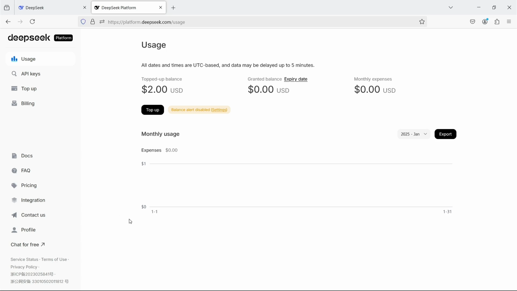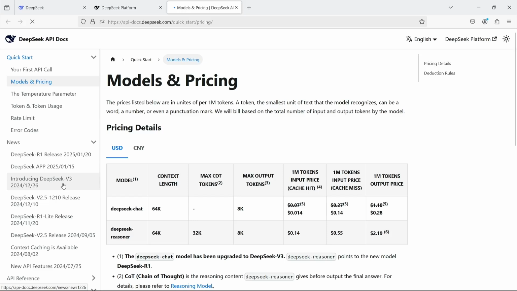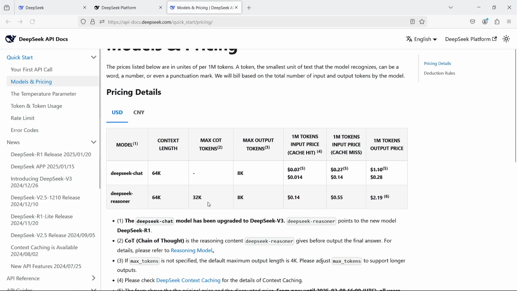It may seem that $2 is very little when we look at the prices of reasoning models. But DeepSeek is cheap. Although there is a catch. Let's look at the price list. Only 2 models are available. DeepSeek Chat, known as V3, which is notably cheaper than GPT-4o Mini, with an ongoing promotion, and DeepSeek Reasoner, the